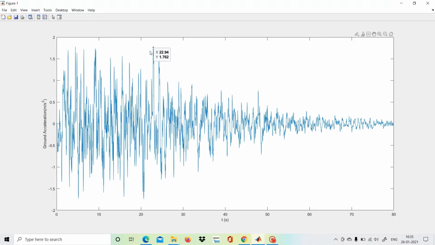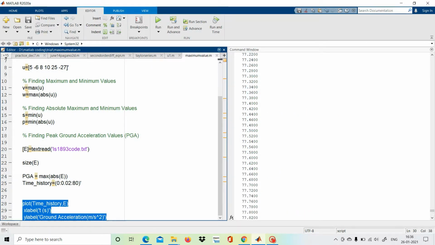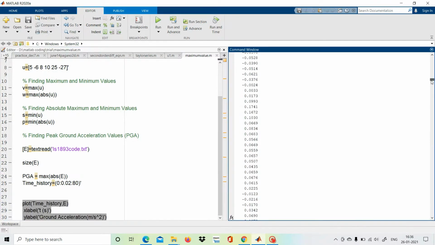We can consider this value the maximum ground acceleration, the peak ground acceleration. In this way we use these commands to find values from a very large discrete set of points, which would otherwise be a very difficult task.